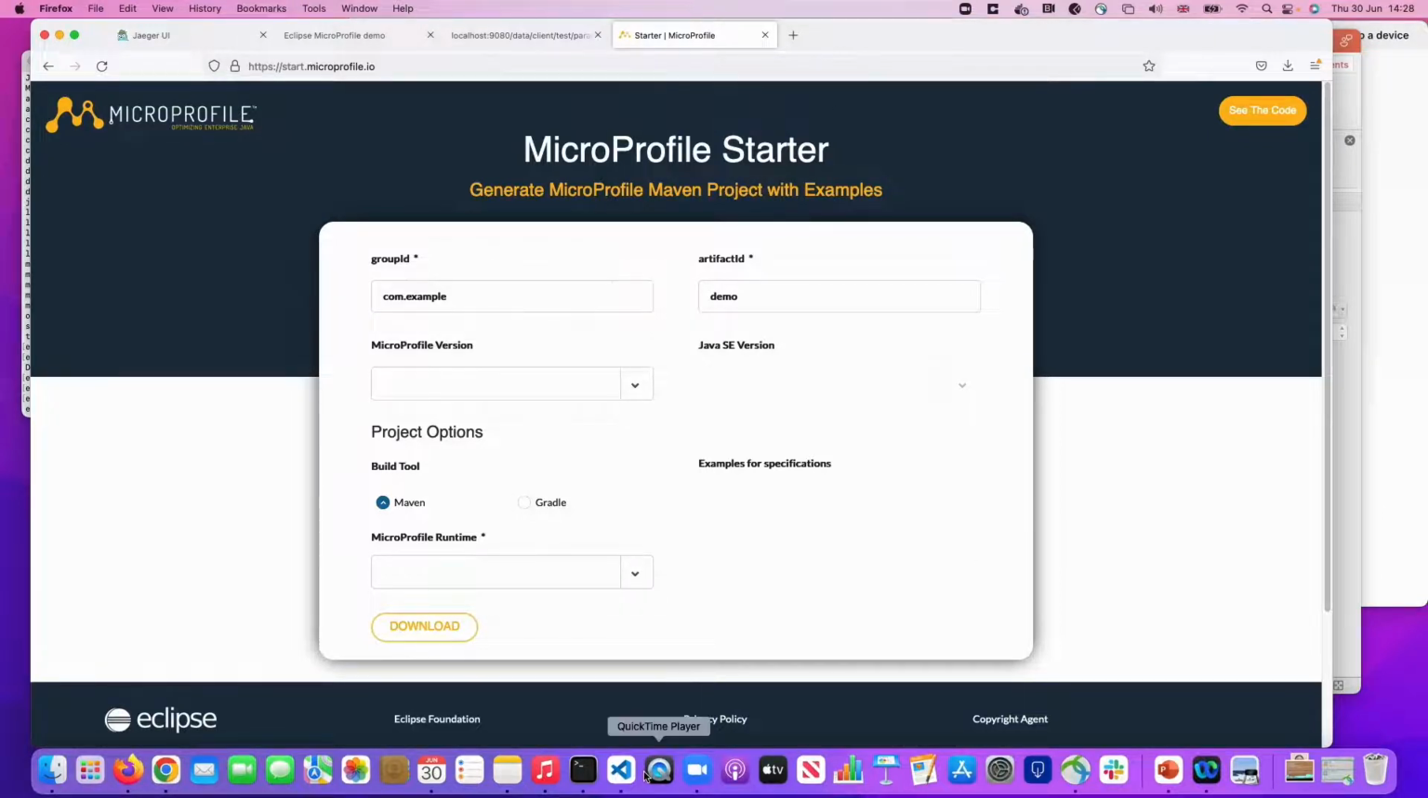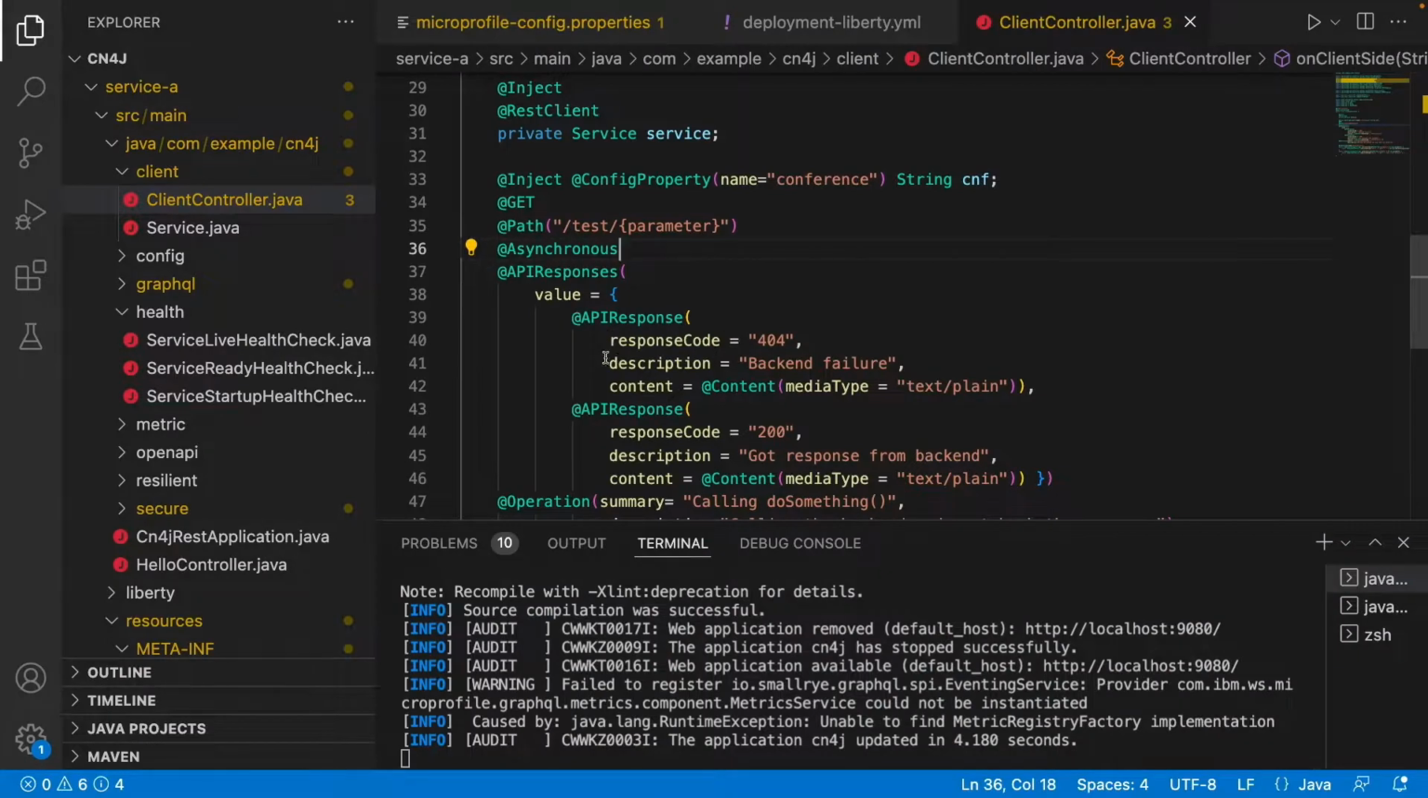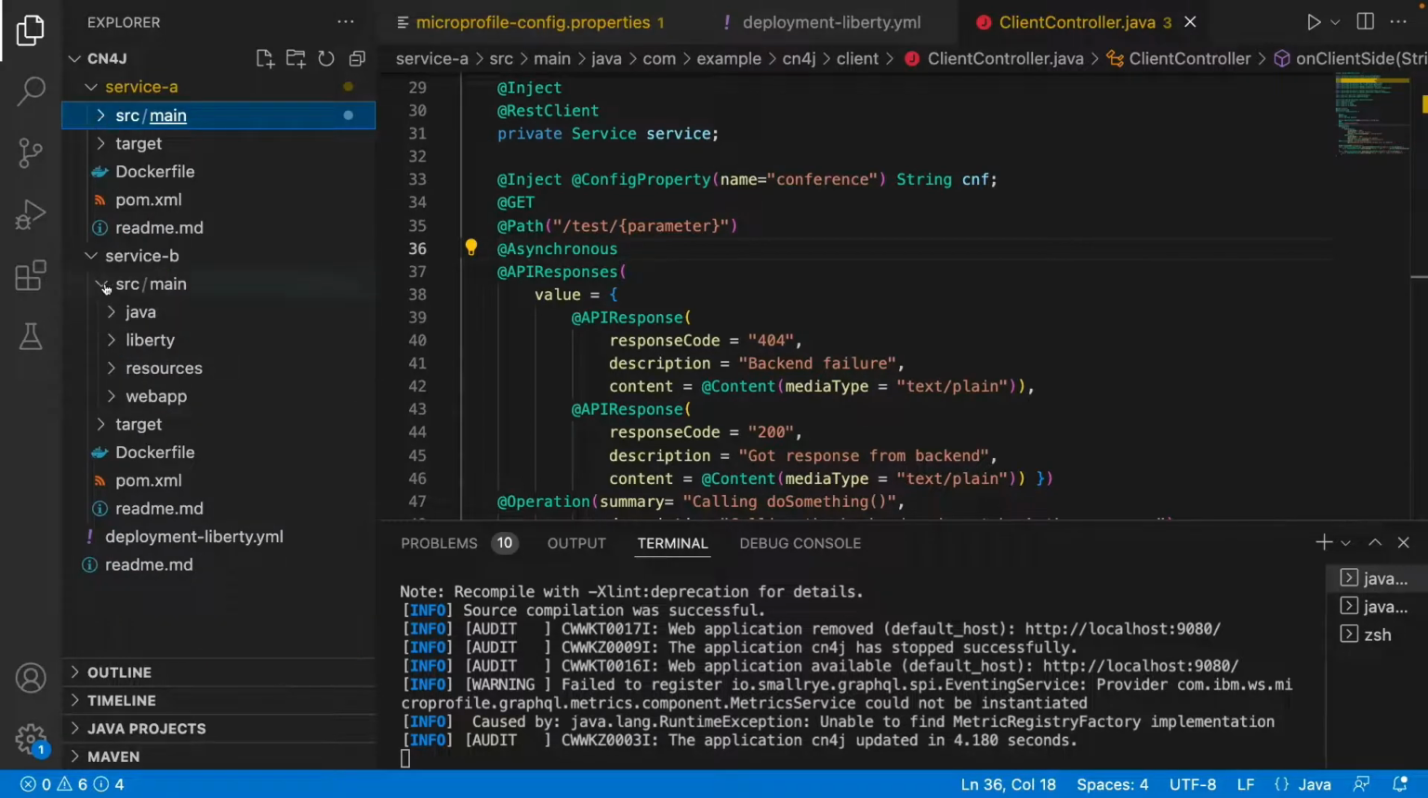So at the moment, I have two applications created: a service A and a service B. Service A simulates one microservice, and service B is another microservice. So service A invokes service B. In service B, it has